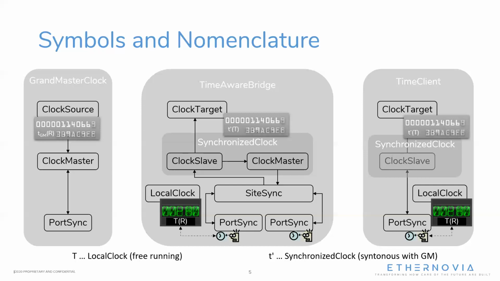Having this local clock is a very important element in the two-step process of time synchronization, as it allows us to start the system and actually do some measurements before we actually receive the actual synchronized time from the grandmaster